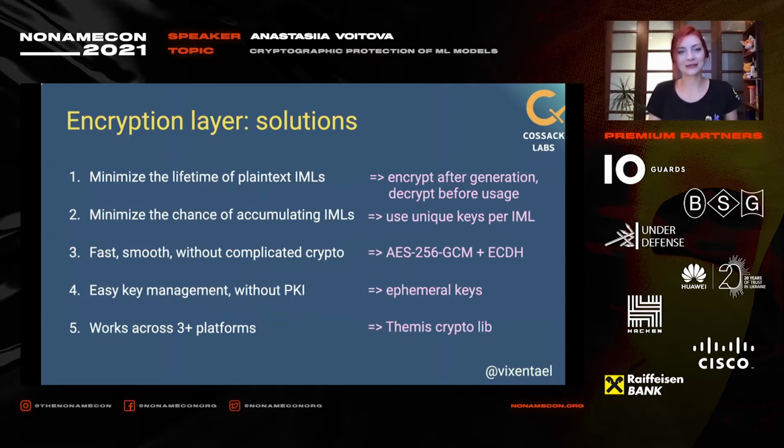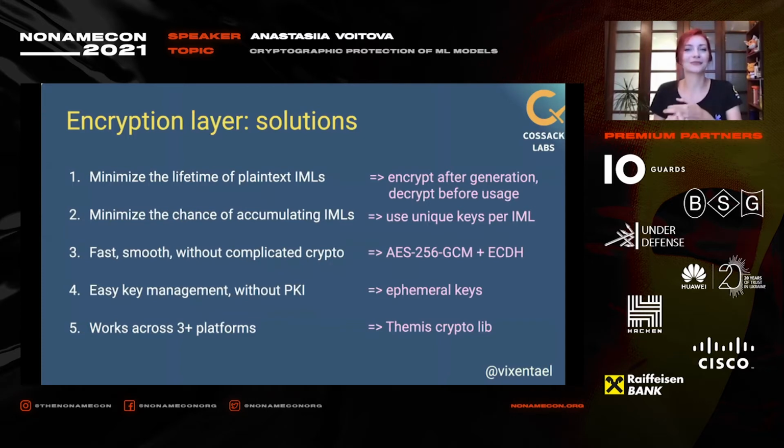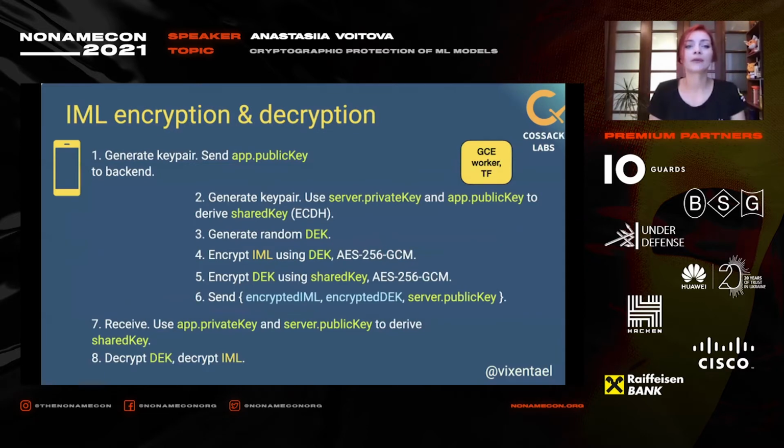And in terms of key management, this might be tricky, but in cryptography we know how to build key hierarchies, right? Which I will explain soon. So what we want from cryptography: encrypt the model right after generation, decrypt it only before usage, use nice traditional, no fancy ciphers like AES-256 GCM, like elliptic curve Diffie-Hellman, fast modern cryptography. Use ephemeral keys, like temporary keys, to avoid building complicated public key infrastructure, and of course use cryptographic libraries that work across all platforms, keeping in mind all future platforms you want to build. We will use Themis for this purpose. Let's see how